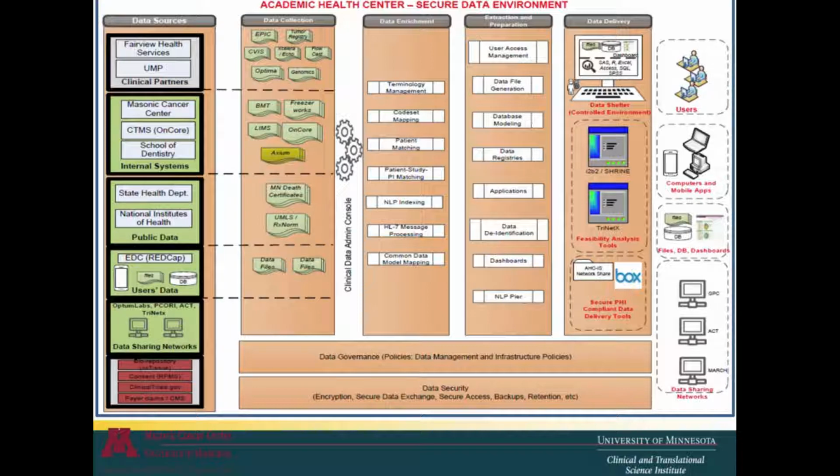Then we have the NLP indexing. We have a tool called NLP peer, that actually will read the clinical notes, parse them, and make them available for researchers. That won't be accessible for all clinical notes. You should identify your inclusion-exclusion criteria, and then we identify the set of clinical notes and connect them to the NLP peer. There's no 100% accurate NLP tool in the world, so if you achieve 80 or 85%